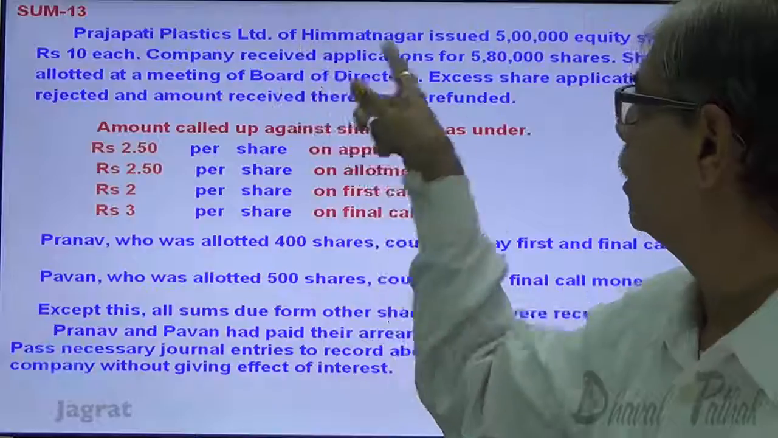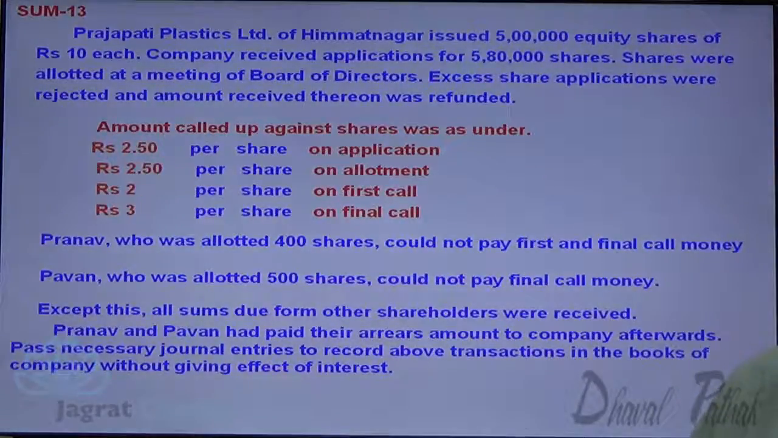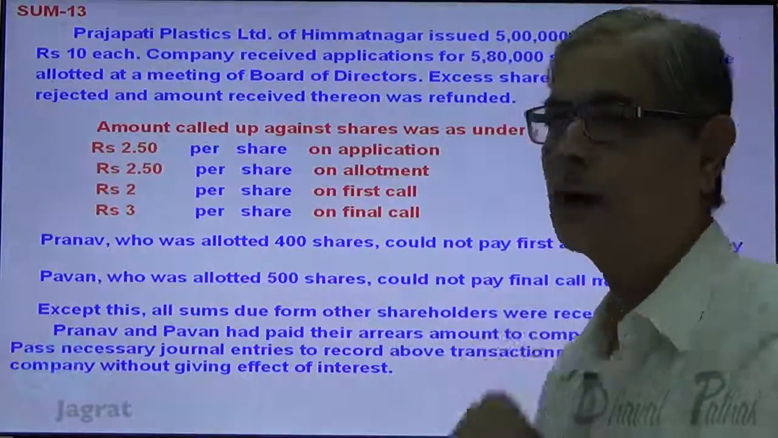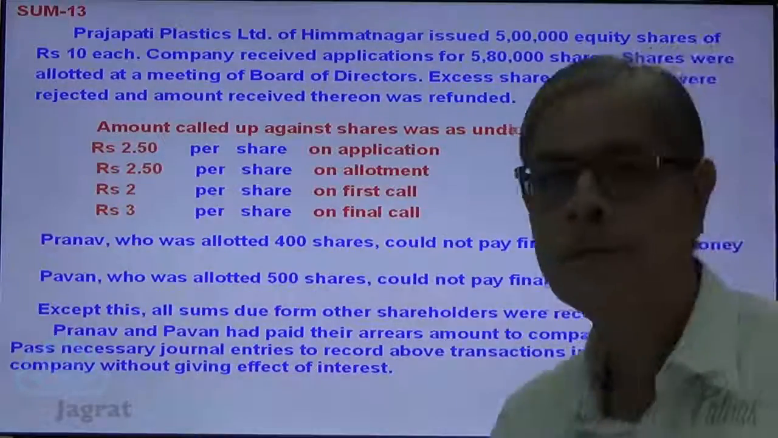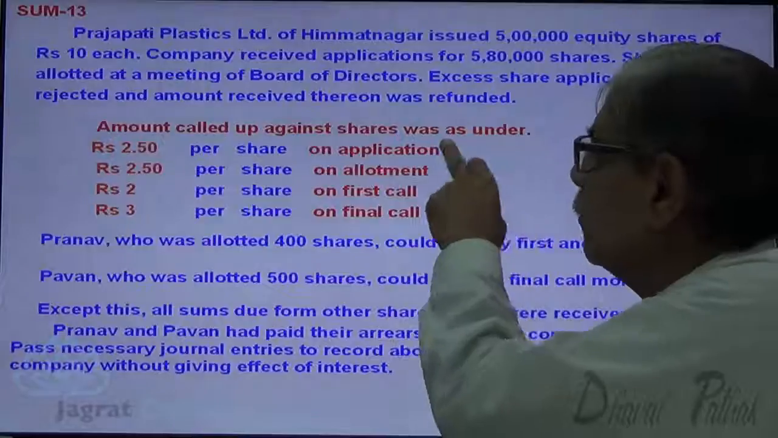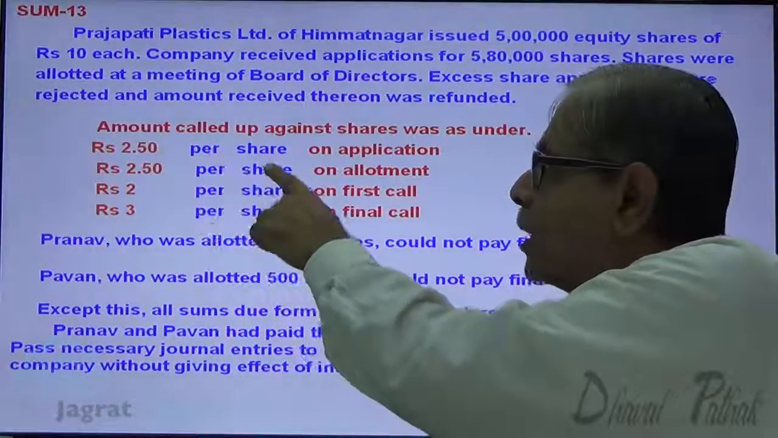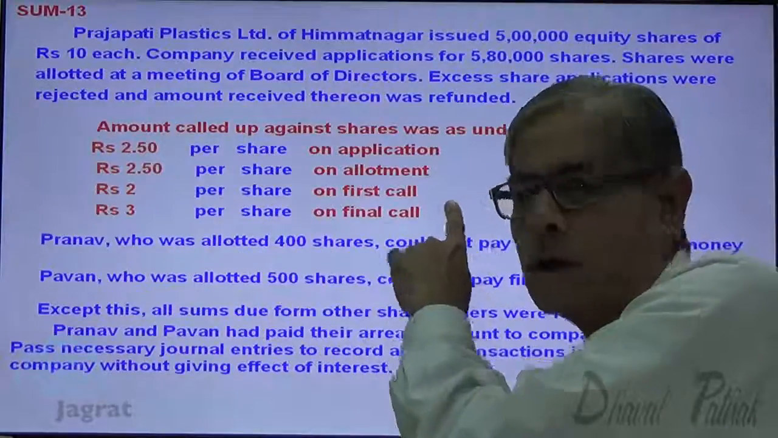Prajapati Plastics Limited of Himmatnagar issued 5 lakh equity shares of ₹10 each. Company received application for 5,80,000 equity shares. Shares were allotted at a meeting of board of directors. Excess share applications were rejected. Amount received thereon was refunded. Amount called up against share was as under: ₹2.5 per share on application, 2.5 per share on allotment, 2 per share on first call, 3 per share on